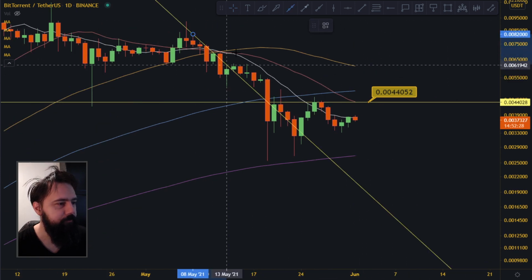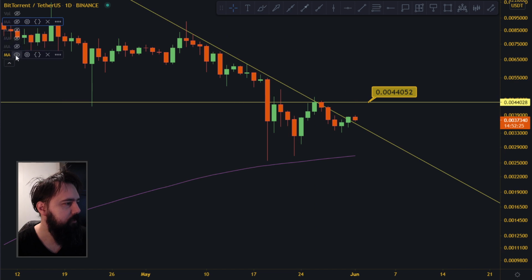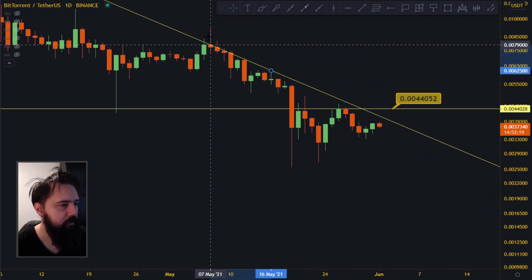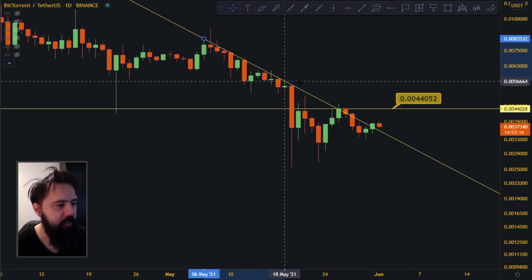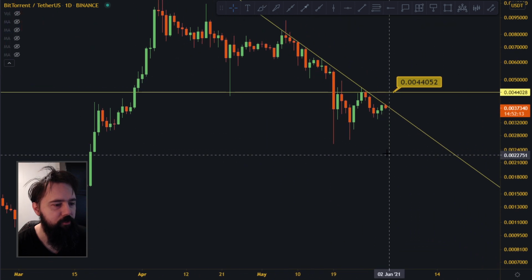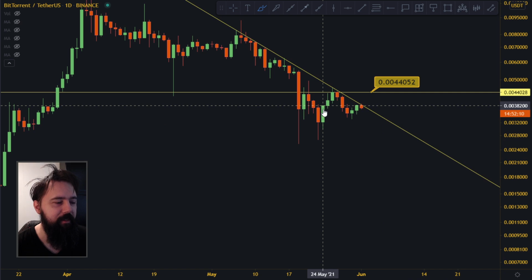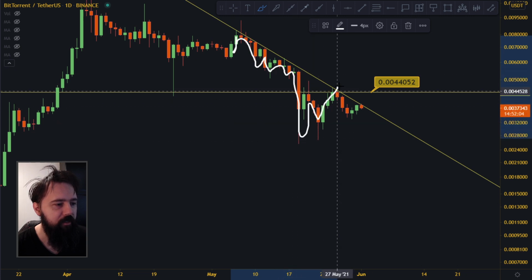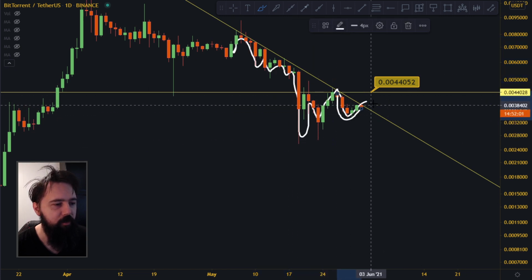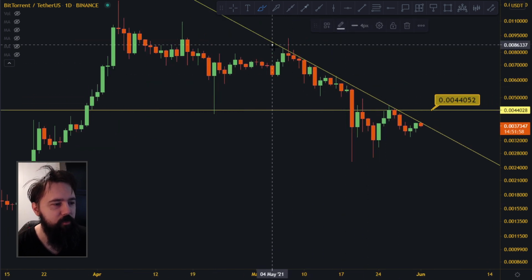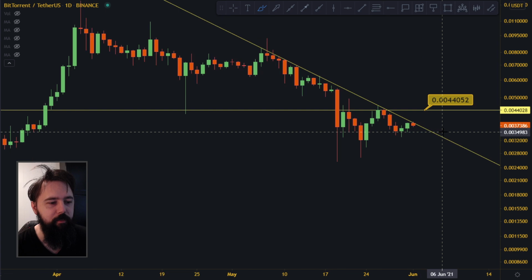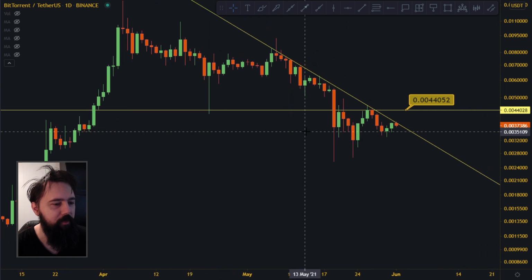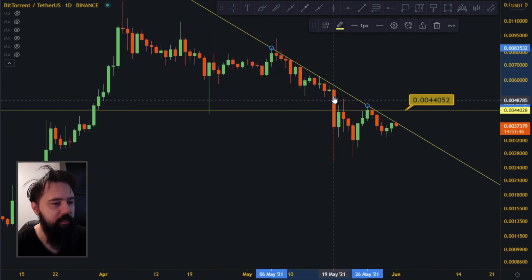There was a line over here. Let me remove these. Maybe it should be corrected a little bit. Maybe something like this. Yeah, this is better. You can see here that we are still in a long-term downtrend, and right now we are trying to break that. And it isn't only BitTorrent trying to do this, a lot of stuff is trying to do the same thing right now. We tried to break here, failed, went down. We're going to try to break it again. Eventually, once we break this line, that's when the big pumps, the big moves are going to come. So we are waiting for that breakout right now, but we are technically still in a downtrend.